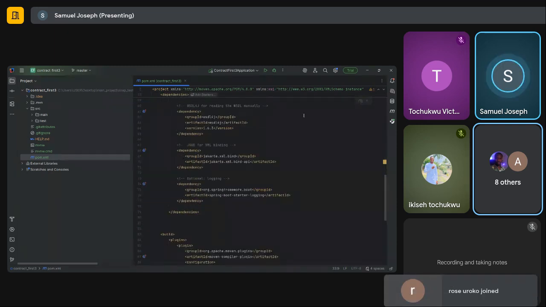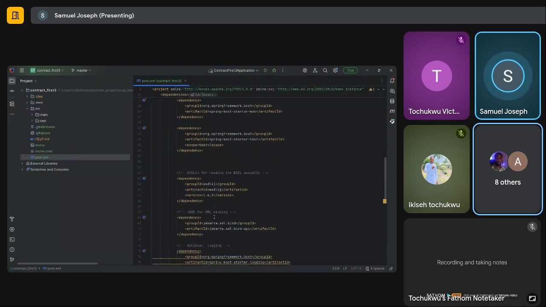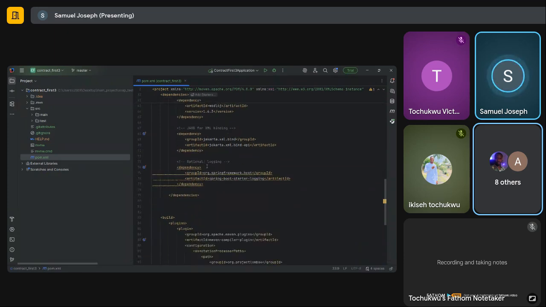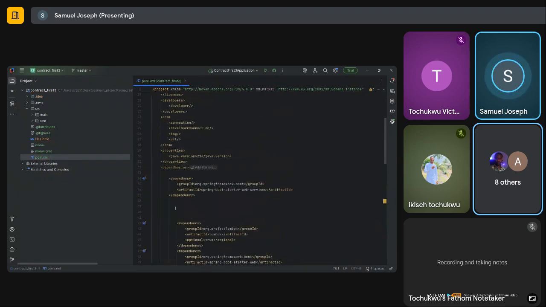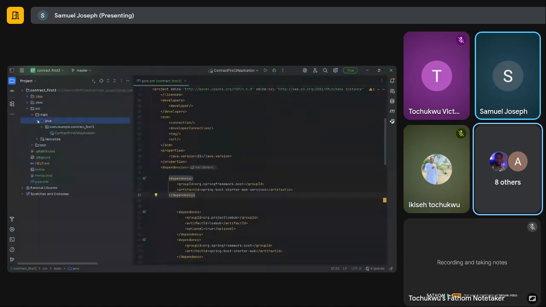Okay. So I've included the needed dependencies. We have the WSDL4J that reads, and we have JAXB that binds the XML, the Jakarta XML binder, and we're really done with this one. So those are the three things we need, and the Spring Web Service. So the first thing we want to do here now, since it's contract first, we want to